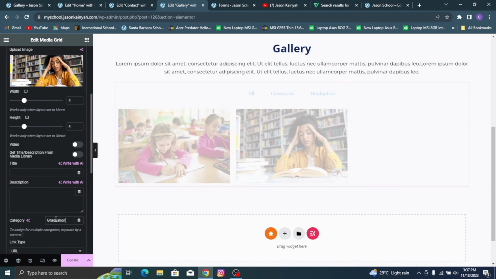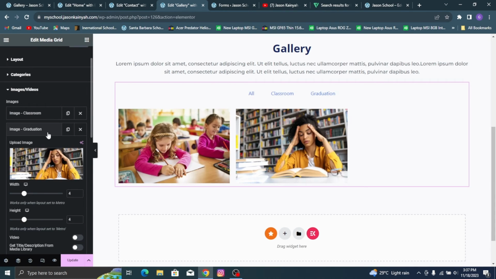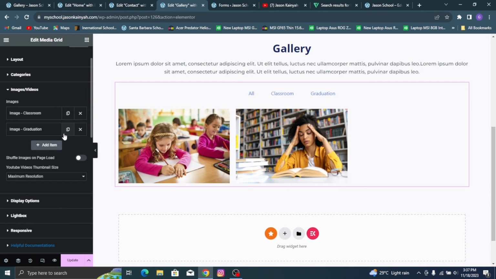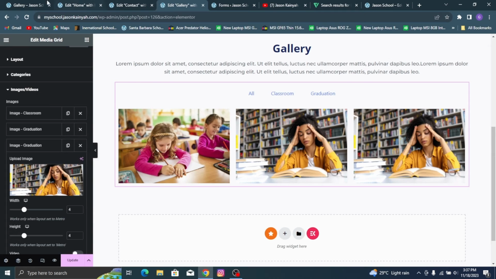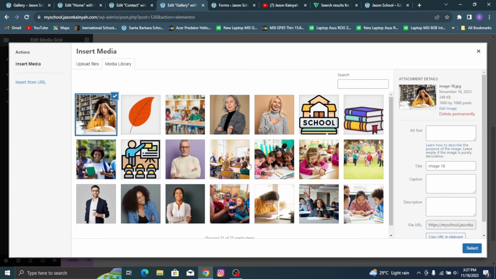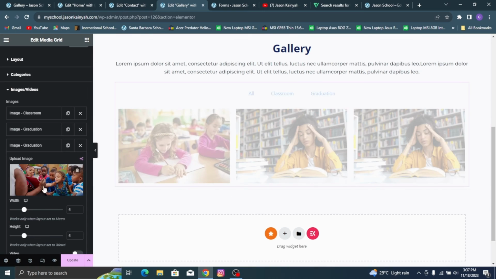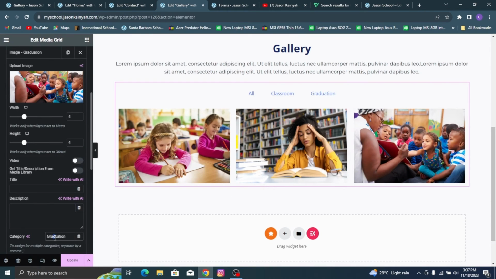So this is how you add the images and other categories basically. Let me create one more for you guys so that you can do the rest of camera, because I don't want the video to be too long. The next image is this one, right? So I'll click this, I will select this image, change the category to class